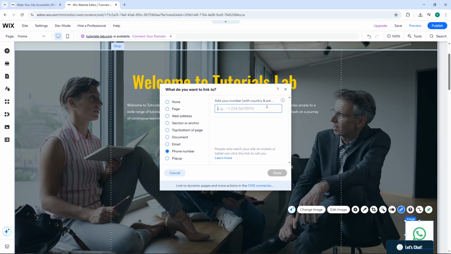And there you have it. You've successfully added a WhatsApp contact button to your Wix website, making it easier than ever for visitors to reach you